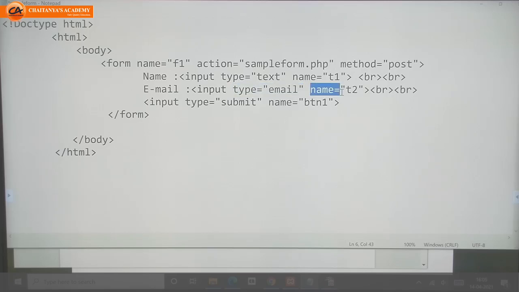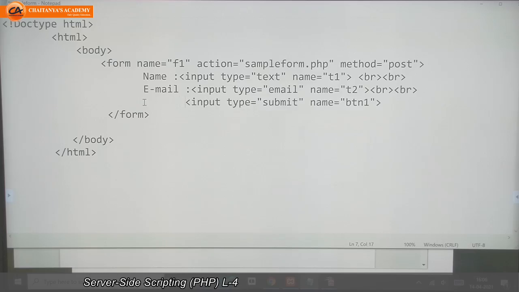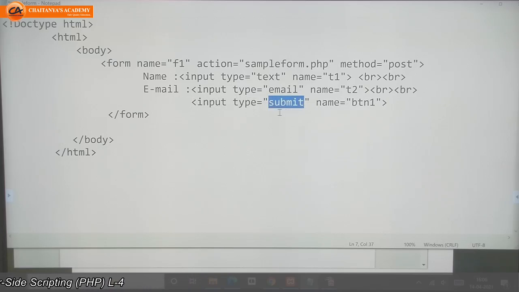Then the next one is name. We can write whatever name we want to give here. Name equal to, here I gave T2. And the third one is where I want to submit this information. For that purpose I have one input element with type equal to submit, name equal to button 1.